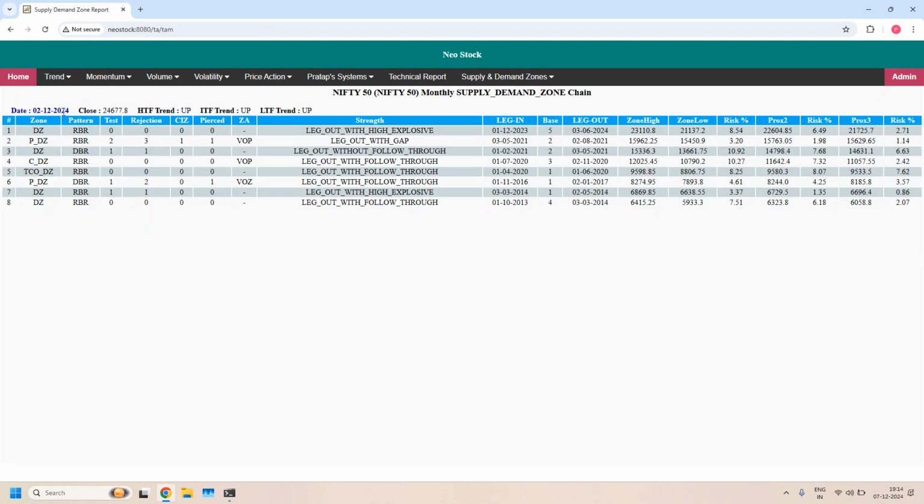This is monthly supply demand zone chain. Always look into the zone column to find high liquidity zones. Look into the pierced column to find the pierced zones. Always look into the LTF trend to find the trend of the current time frame you have selected. Apply these points for the rest of the reports in the supply demand zone chain. Okay, next